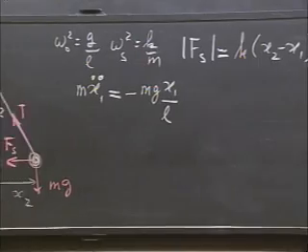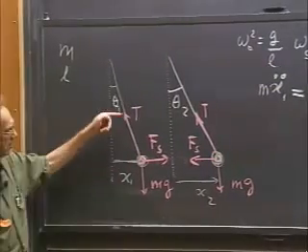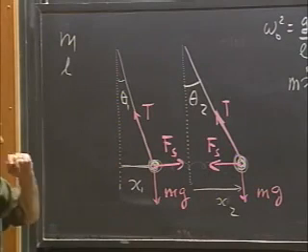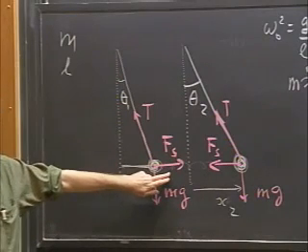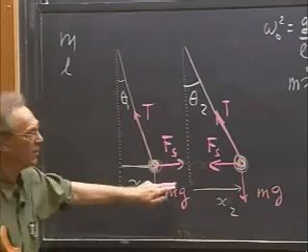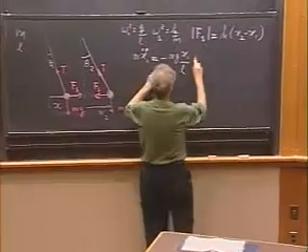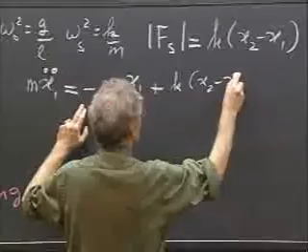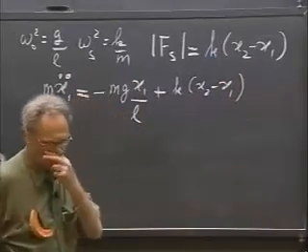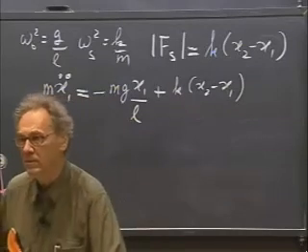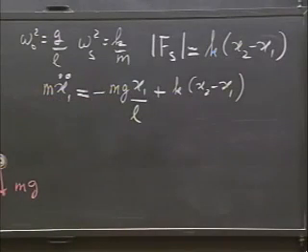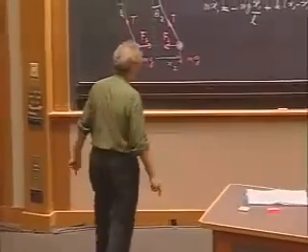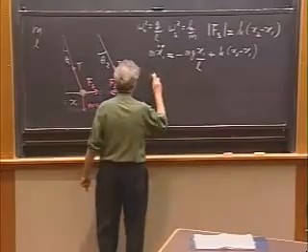Do we agree it is that horizontal component here? The horizontal component of T is driving it back to equilibrium, minus sign. Fs, the spring force, is driving it away from equilibrium. So it's going to get plus k times x2 minus x1. So look at this. Signs are very important now. Very important. And the next one, mx2 double dot,